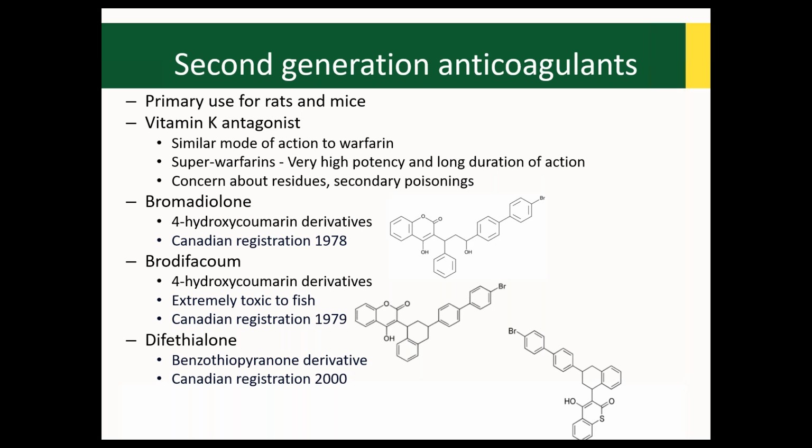So they are very high, or that's the name that was coined for them, very high potency and very long duration of action. This very long duration can have implications for non-target activity. That is, it can stick around in a cadaver for a relatively long time, causing a real problem for scavengers and predators. And because of this, the province of British Columbia has taken a look at second generation anticoagulants and issued some more restrictive guidance associated with the use of these products. We'll talk about all of these products in the very last slide as well, because we're going to have some challenges coming up. So there are concerns, as I mentioned, about residues and secondary